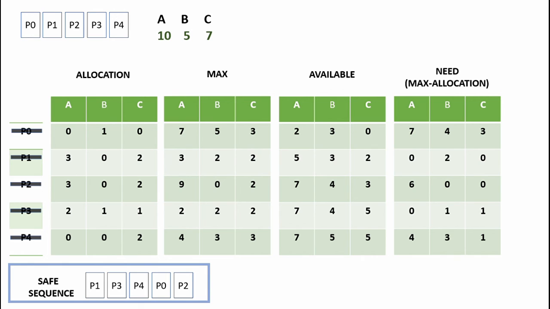So what we come to know is that we can provide that much amount of resources that the process P1 asked for immediately. So now our problem is solved. It means we are rich, we have enough resources, we can provide them. So that was the solution of the problem.